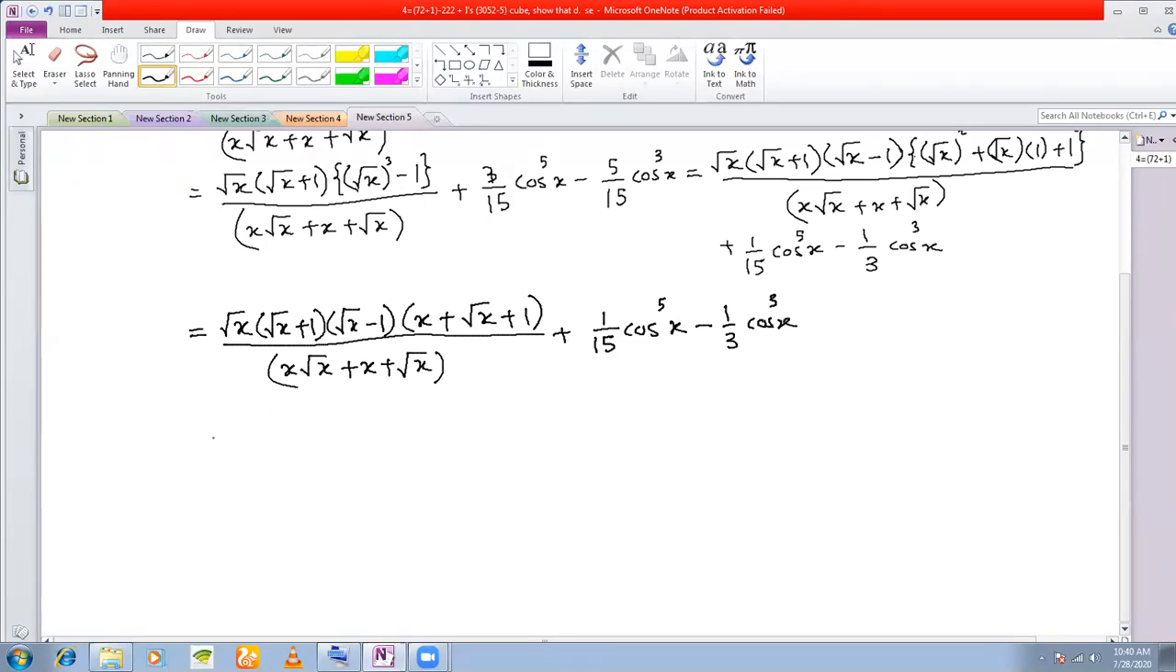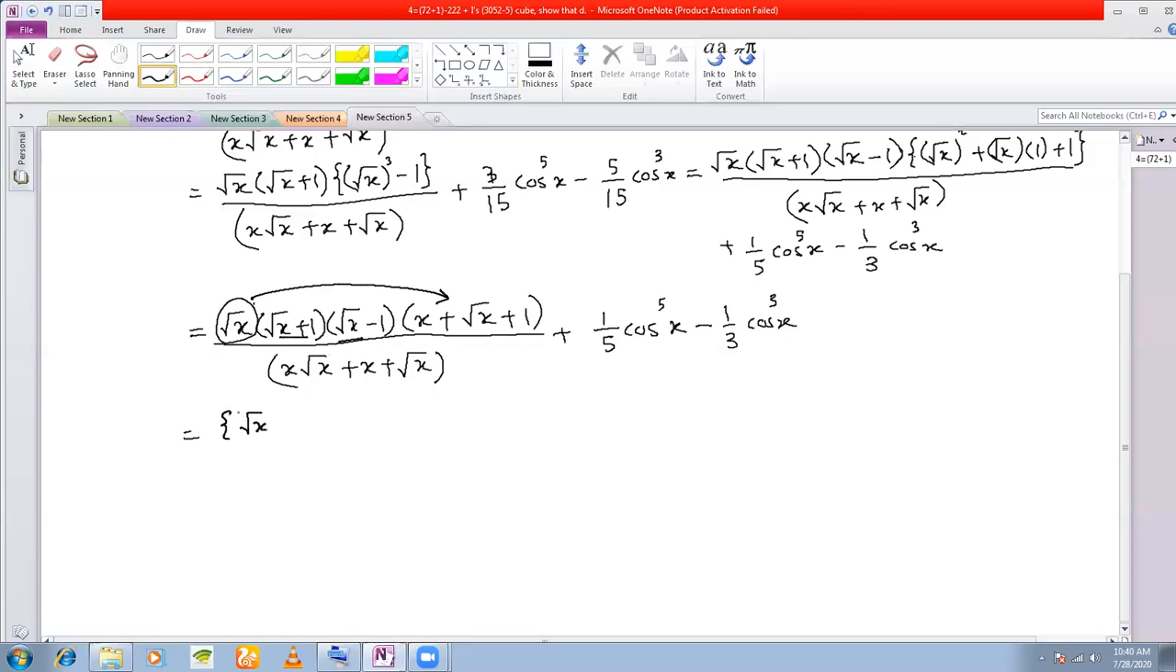Okay, now what you do is you multiply this root x with this. Sir, 1 by 5, no? 1 by 5 cos to the power of 5x. Yes, you have written 1 by 15, sir. I think this was the only mistake I made that day. Anyway, this also becomes 1 by 5. So now you multiply this root x with this expression, and these two you multiply to get